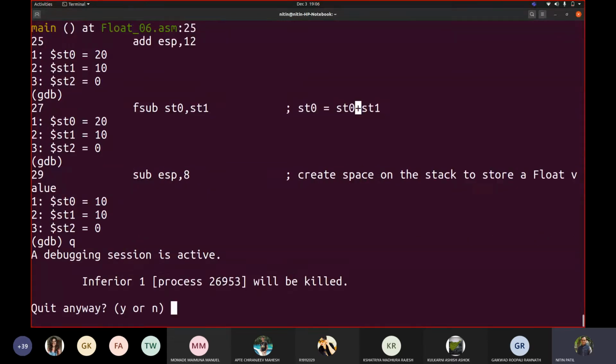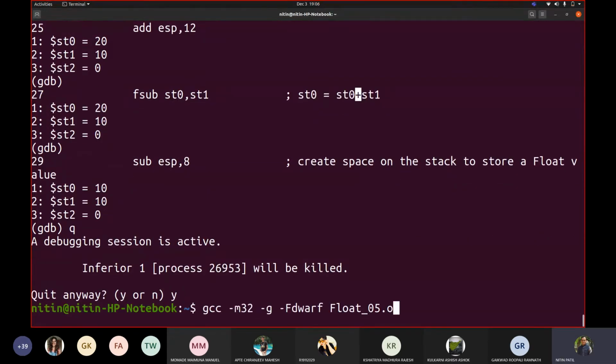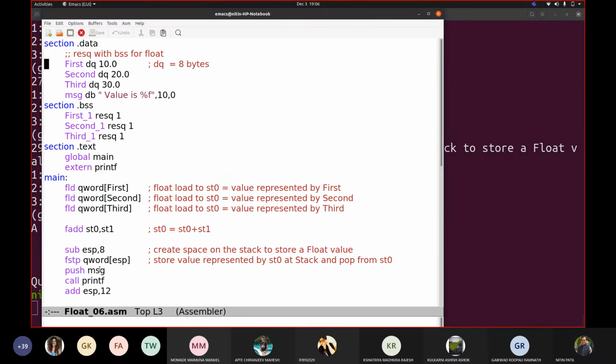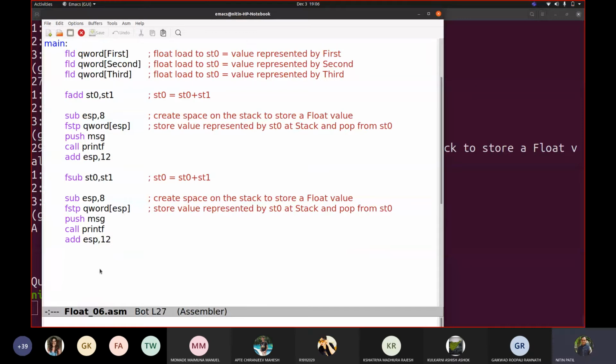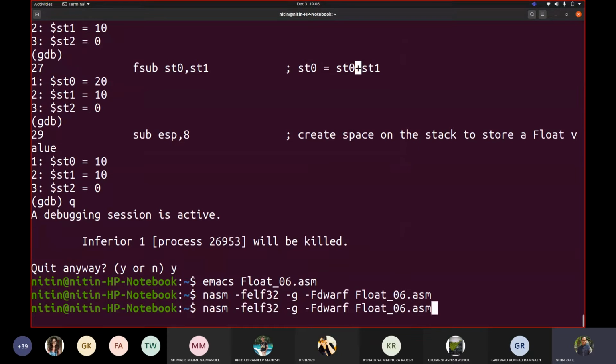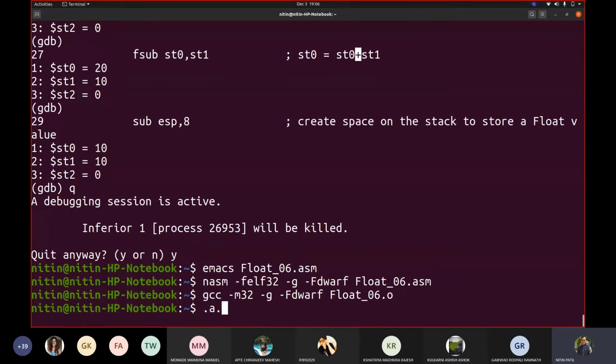Now what if I make a change to the code like this? We'll write here st1 and st0. Don't pay attention to this for a while. Okay. So I will add it later. nasm, gcc, ./a.out.